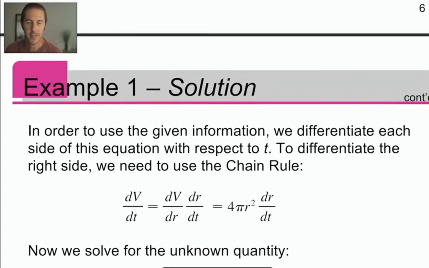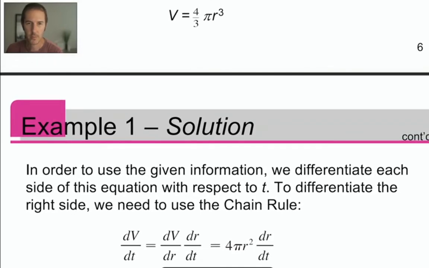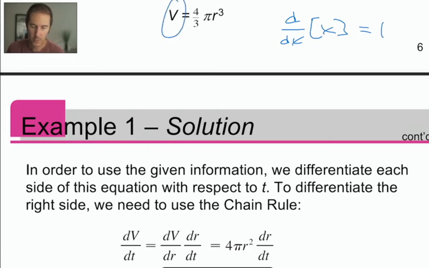So the derivative of V, can I get these on the screen at the same time? There we go. So the left-hand side just says V, and we're going to take the derivative of that with respect to time, which is going to equal, if we were taking the derivative with respect to x of x, the answer would be 1. Here, we're taking the derivative with respect to t, not V, but t. So we still take the derivative of V, which, much like taking the derivative of x, still turns into a 1, but then the chain rule says we have to multiply by the derivative of the inner function,